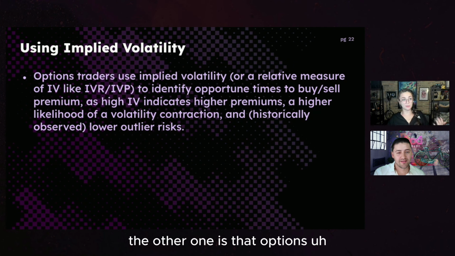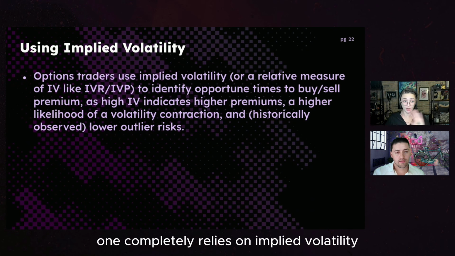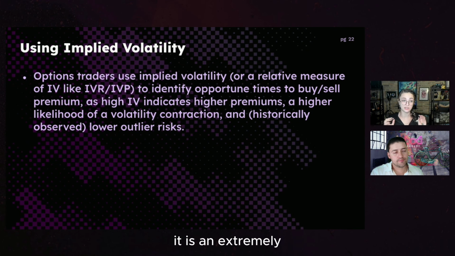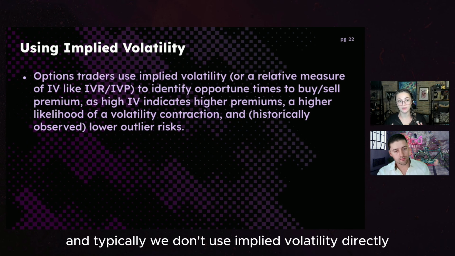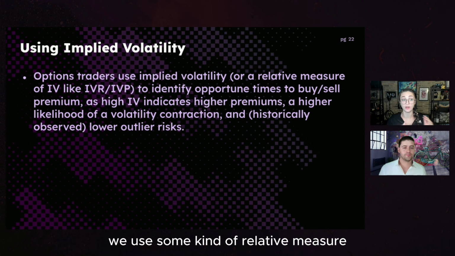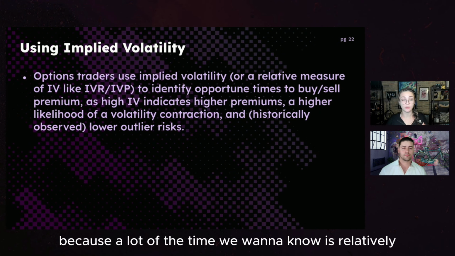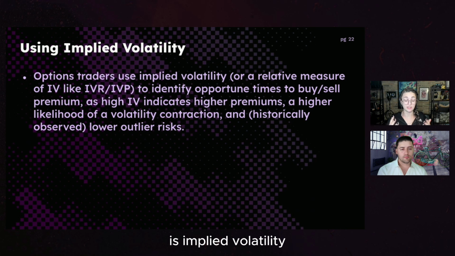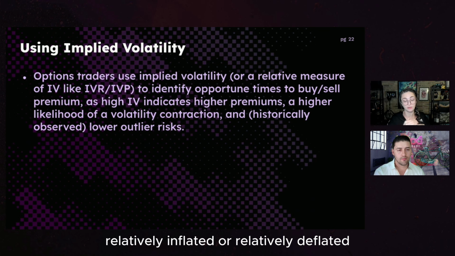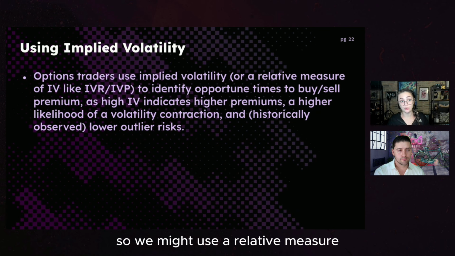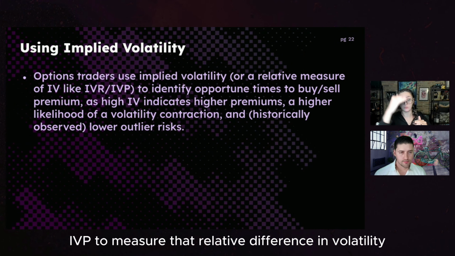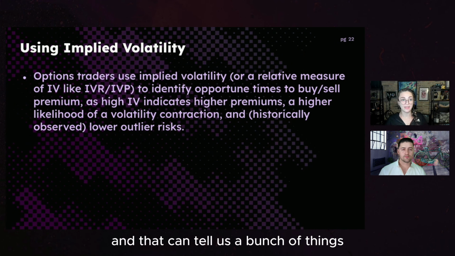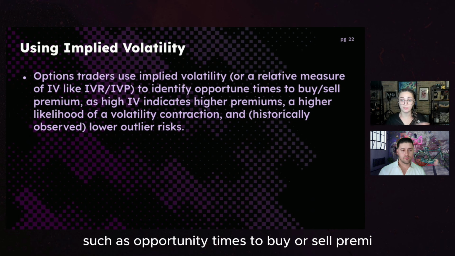The other one is that options trading completely relies on implied volatility. It is an extremely important metric for options trading. And typically we don't use implied volatility directly. We use some kind of relative measure, because a lot of the time we want to know, is implied volatility relatively inflated or relatively deflated? So we might use a relative measure like implied volatility rank, IVR, or implied volatility percentile, IVP, to measure that relative difference in volatility. And that can tell us a bunch of things, such as opportune times to buy or sell